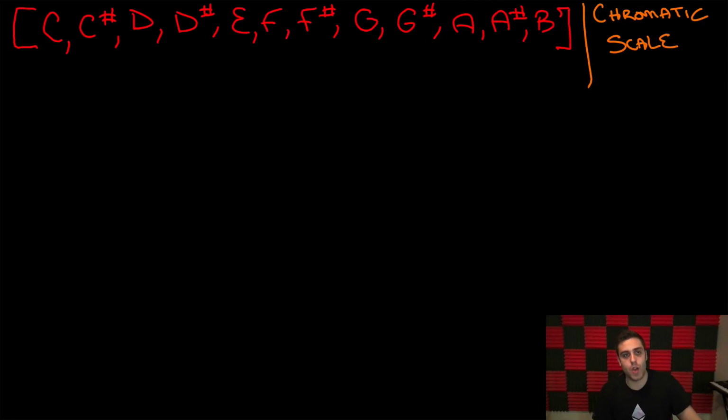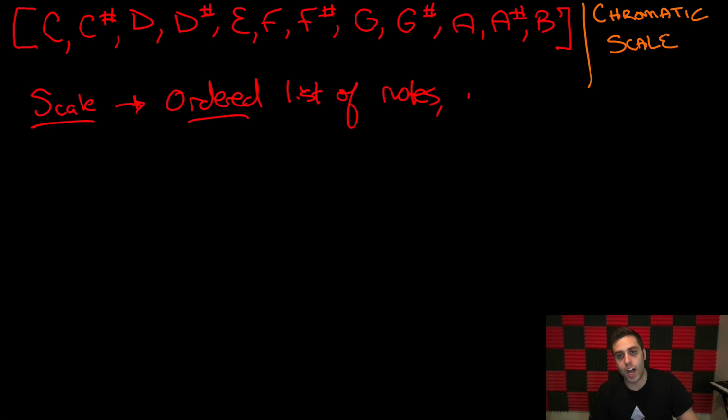In the previous video, I referred to this collection of notes here as something called the chromatic scale. And it might be helpful to expand on exactly what I mean when I call something a scale. So for the purposes of this video right now, a scale is an ordered, and ordered is extremely important, ordered list of notes